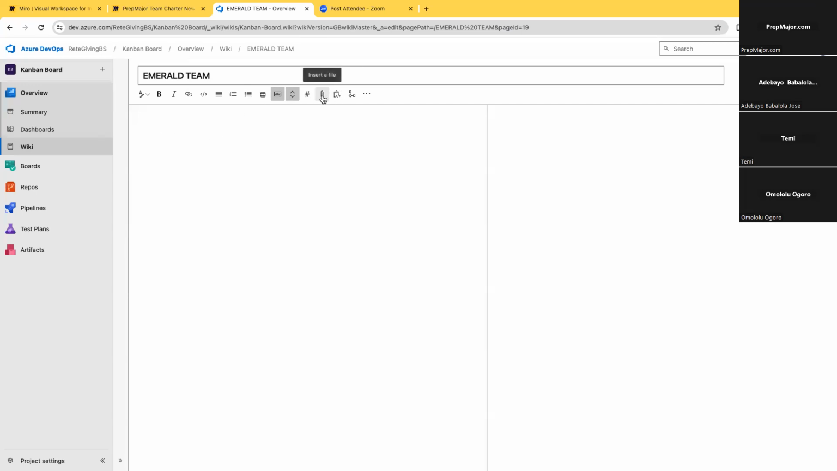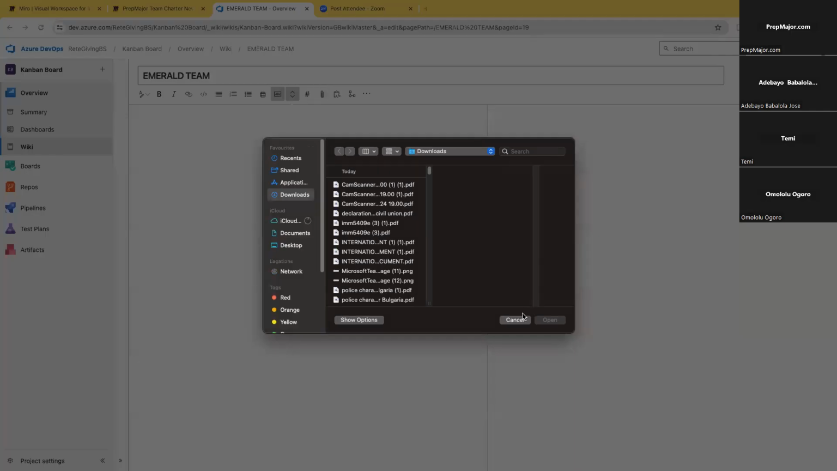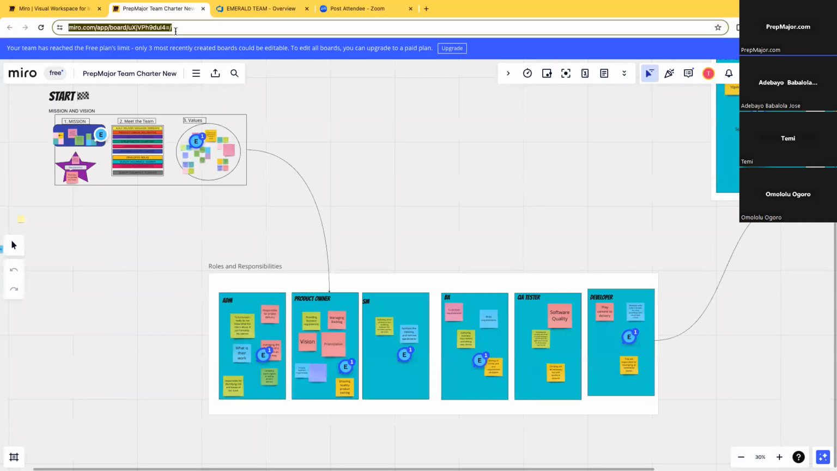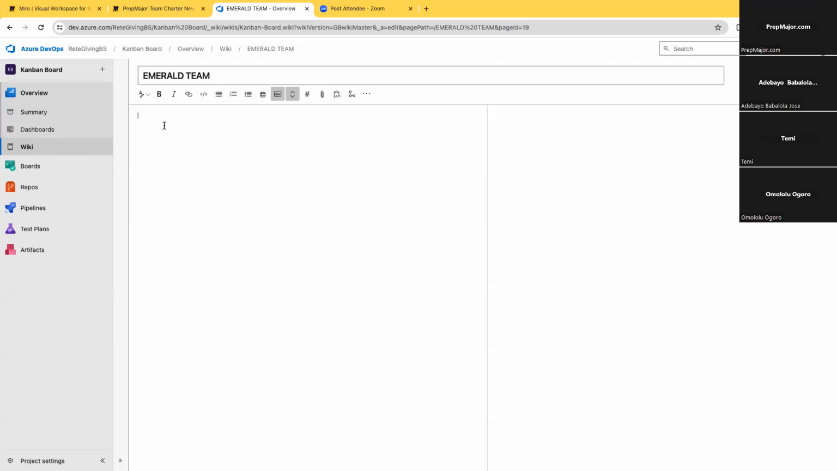You can insert a file for your team charter. You can even put a link. You can copy and paste a link. Let me just try to do this one. Copied, and then you can just paste the link. You can say,